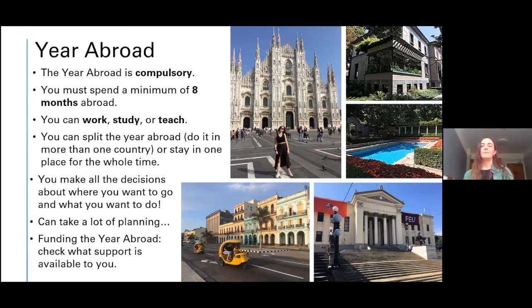And for anyone who might be thinking about how they will fund the year abroad, your college very often has some travel grants on offer for academic purposes. So the year abroad is definitely an example of academic travel, if that makes sense. So you can get that support from your college if you need it. So good to be aware of, I think.